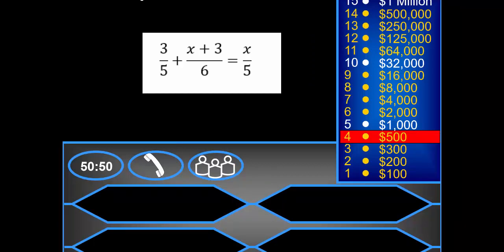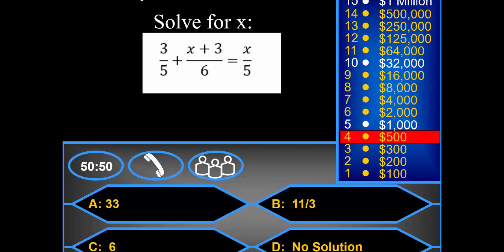Another solve question. Solve for x. 3/5 plus the quantity x plus 3 over 6 equals x over 5. Lots of fractions in this one. A, 33, B, 11/3, C,